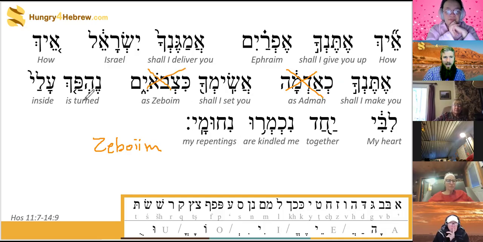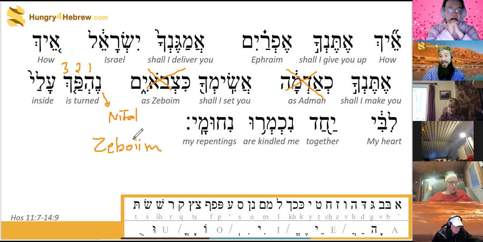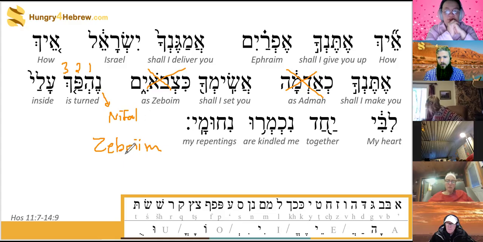Nehpach. What's the root of nehpach? Hapach. Exactly. Hafach is the root. And what's the noon segol doing out front? It's Nifal. Good. And why do we have a segol instead of a chirik there? Guttural hay. So instead of ni-pach, it's neh-pach, and that eh sound is our cue that we have a guttural there, since we can't hear the sound of the letter